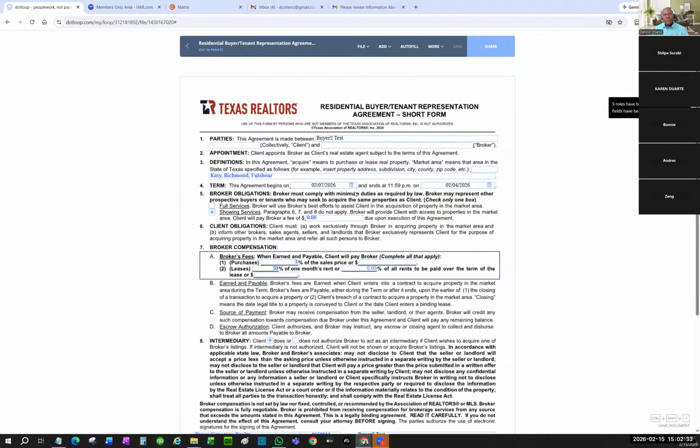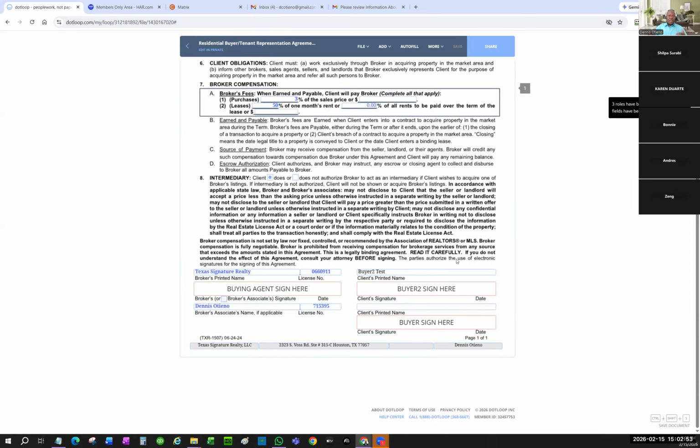But the beauty of this is the other fields like market area: is there a relocation service being used? Is there a services contract? All those things that are common, I pre-fill them in my template. When I come here, I have literally, even on my phone,